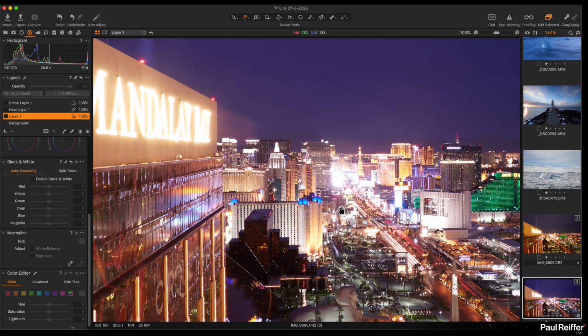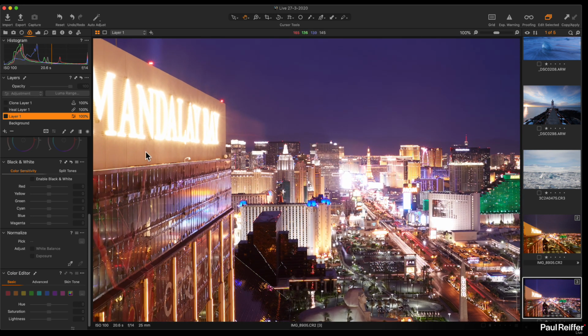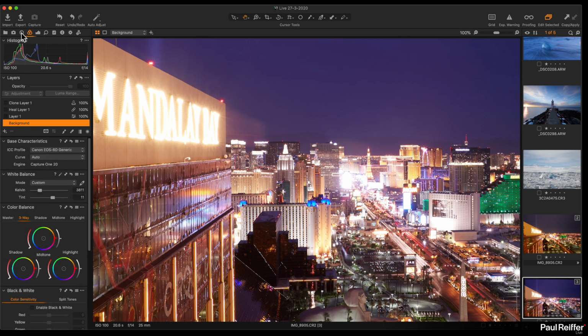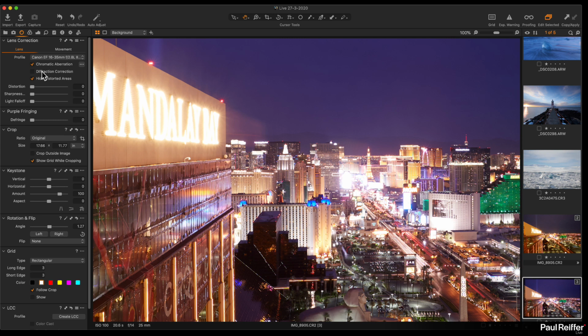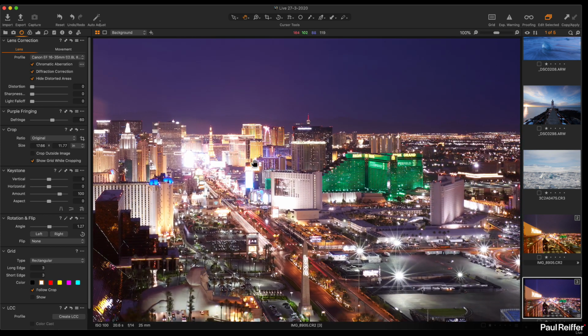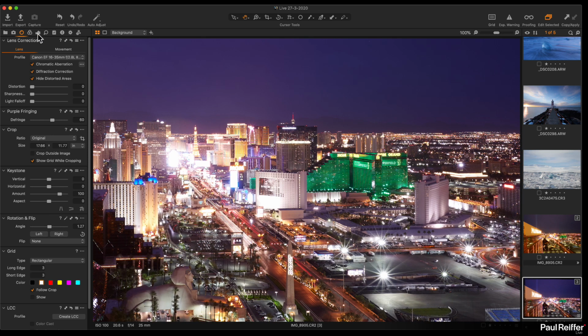So this is where Capture One could do stuff that no other program can do quite as well, in my opinion, which is the high dynamic range. So first off, let's apply, we're at F14, we'll put some diffraction correction on there, just in case we've got some issues on the edges, and also some purple fringing correction on the high contrast points. Now in here, we've got a huge amount of detail that should be there, but unfortunately it's blown out with all these highlights. So let's go into our high dynamic range tool,